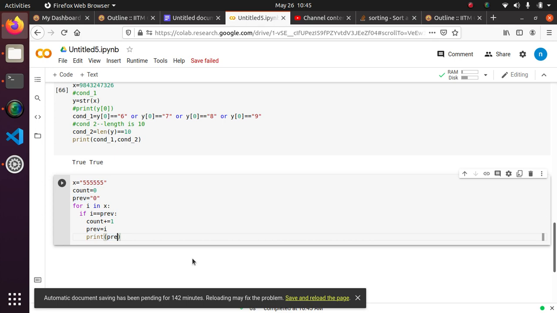What am I doing here? It is not printing anything.